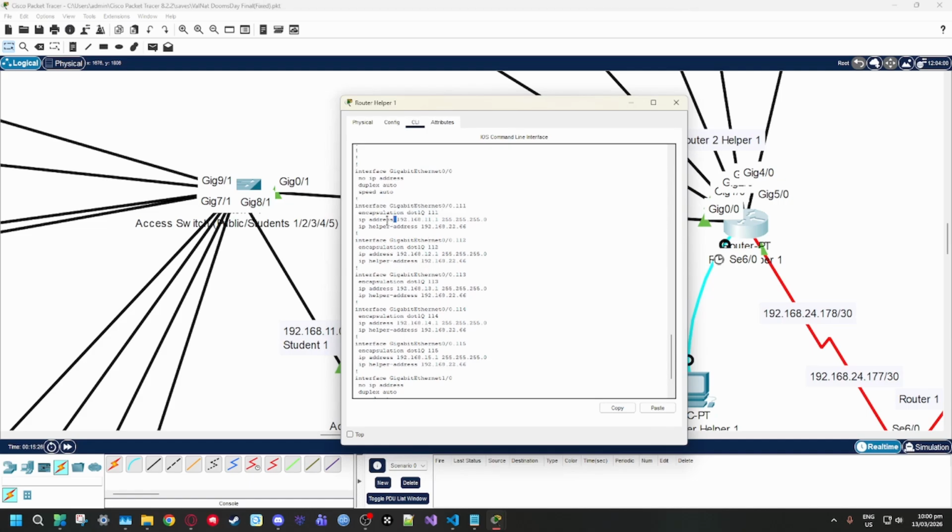It has an encapsulation dot1q 11111. When you create a VLAN, it's interface gigabit Ethernet, or whatever the port name is, and then you put a dot and then the number of the VLAN, then you enter, and then you type in encapsulation dot1q 111, because dot1q is the standard for making VLANs,